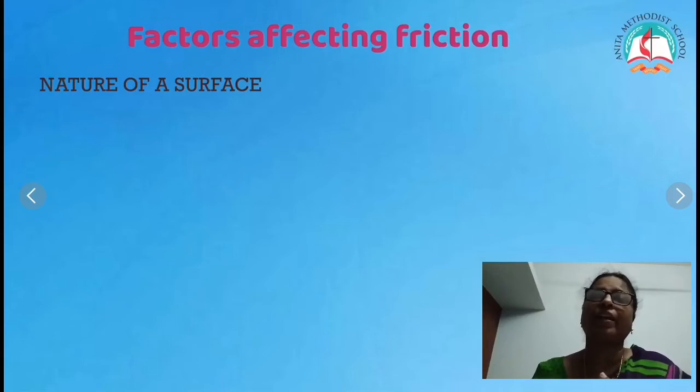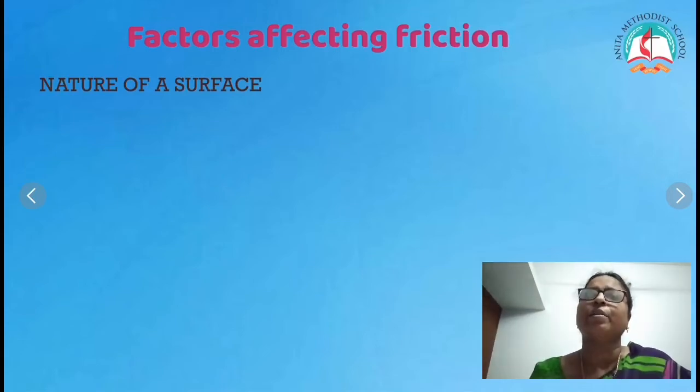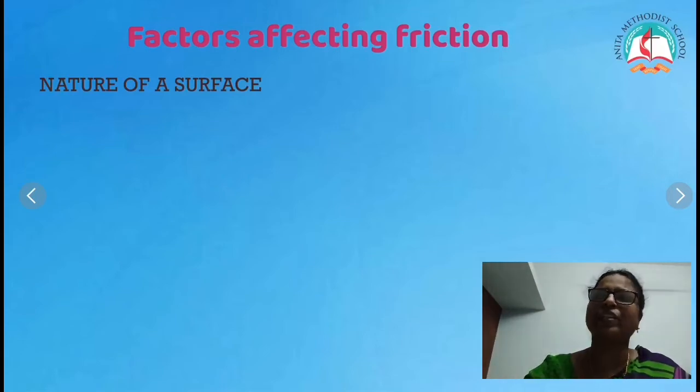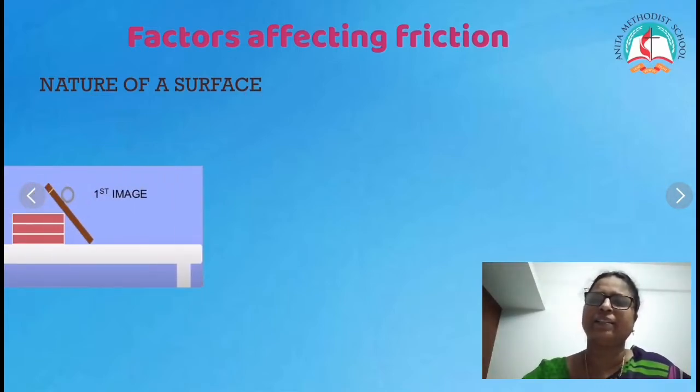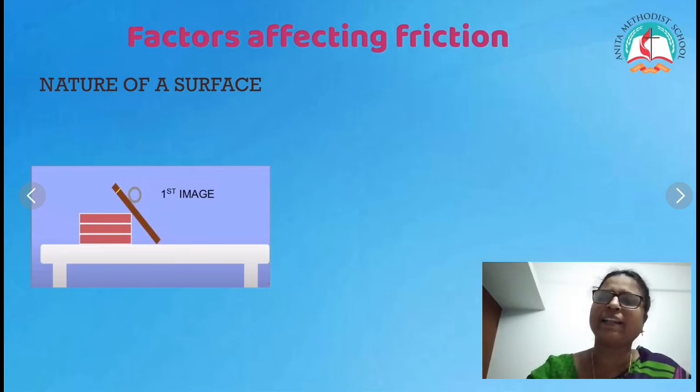There are three factors affecting friction. The first one is the nature of the surface. You can see here that they create an inclined plane, a slope on the table like this. You create an inclined plane and mark a point on it.